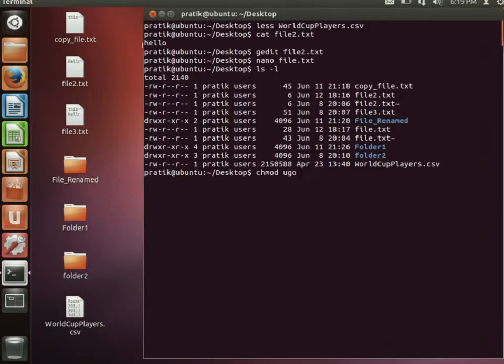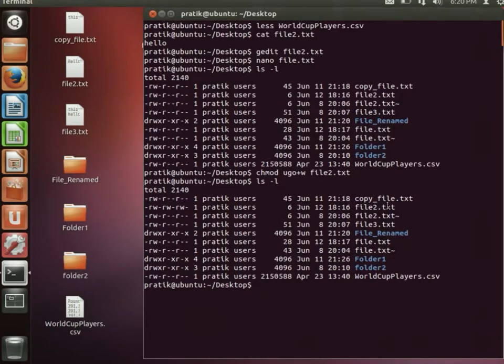And you can just give plus whatever. Let's say if I want to give w to all, I can just give plus w. And then I need to give a file name, file2.txt. If I hit enter, and now if I repeat ls -l,